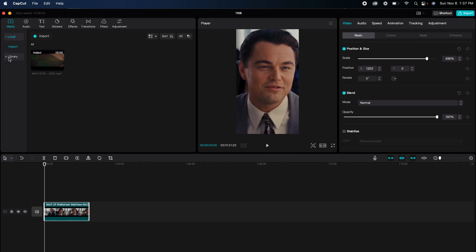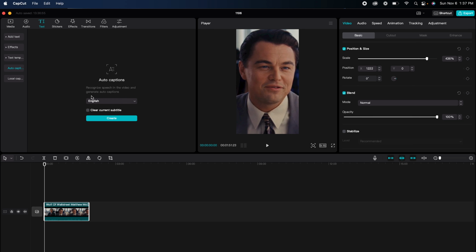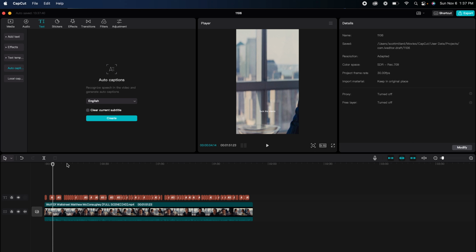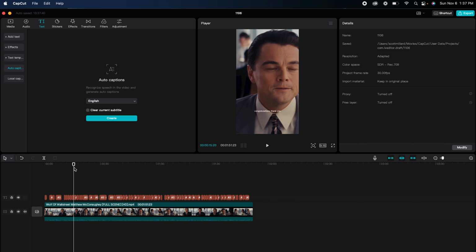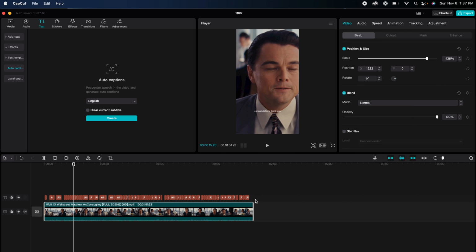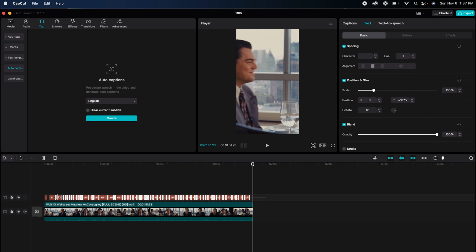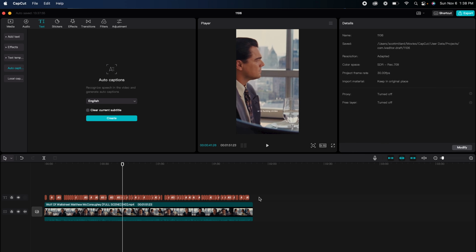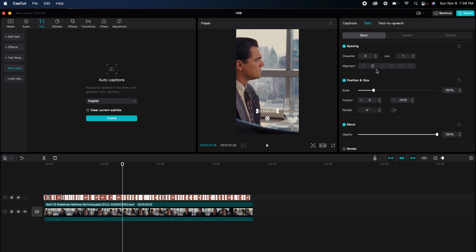And then we're gonna go to create our captions. So you're gonna go to text, Auto-Captions, English, and create. So you'll notice the only difference with this and Premiere so far is that it doesn't give you the option to change the caption settings before you go in here, like single line, double line, stuff like that. So you go over here